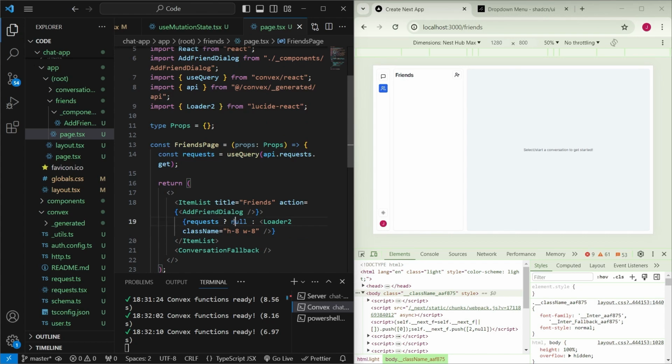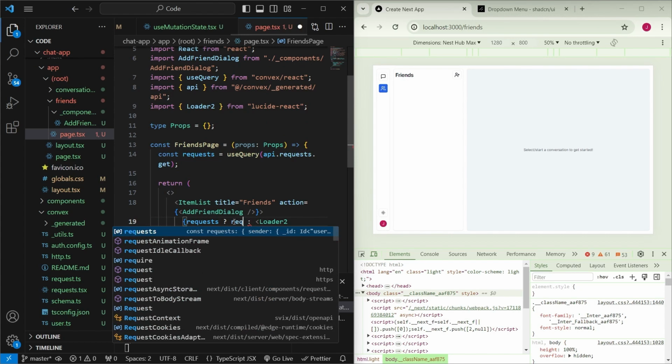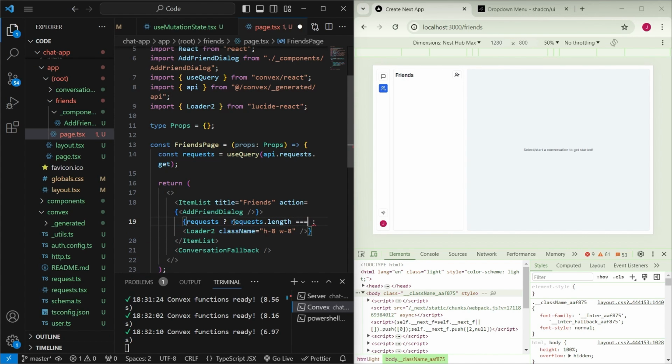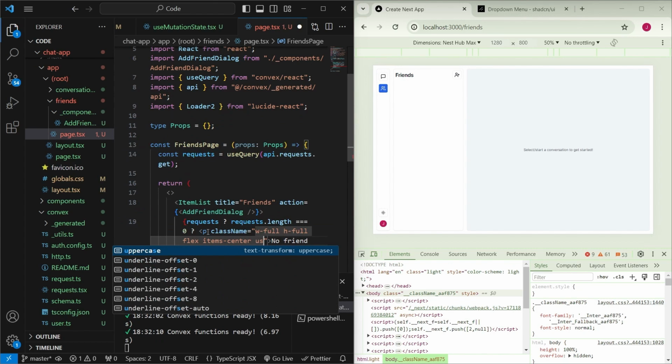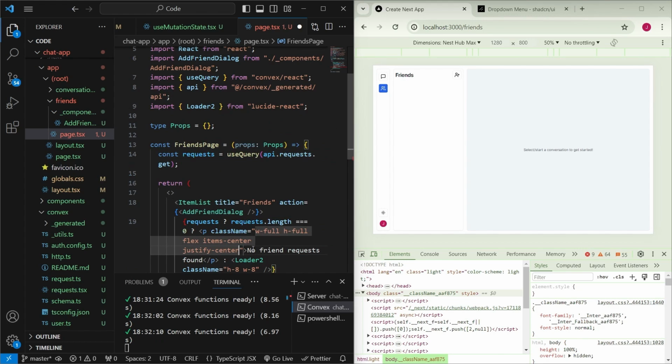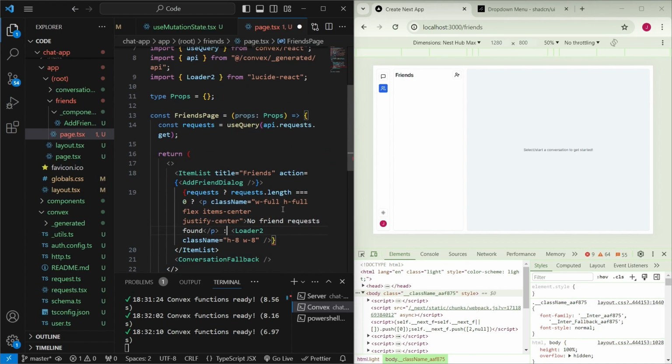Now, in case the requests does exist, we want to check, does requests.length equal 0? If it is, we want to render a p tag and we want to say no friend requests found. And then we add a class name to this p tag, which says w-full h-full flex items-center justify-center. And that's basically centering this entire p tag. But in case the length is not equal to 0, it means that we actually want to render something. So we'll add a colon and we will say